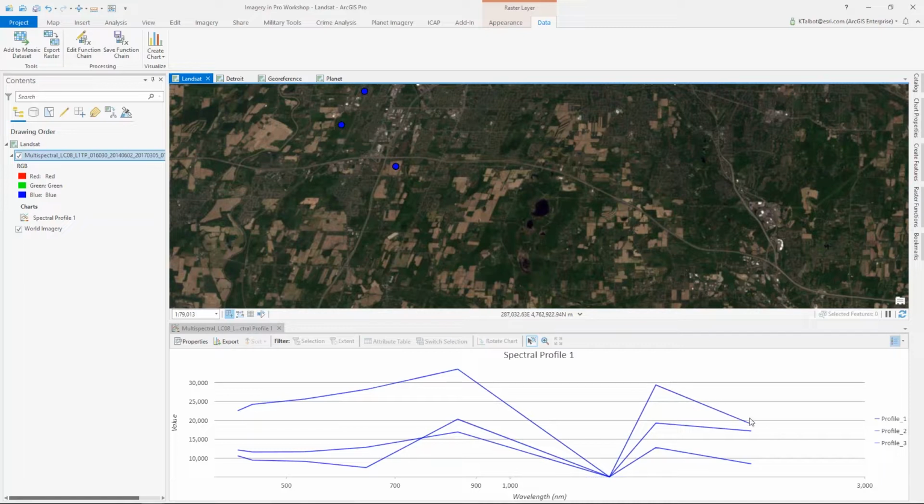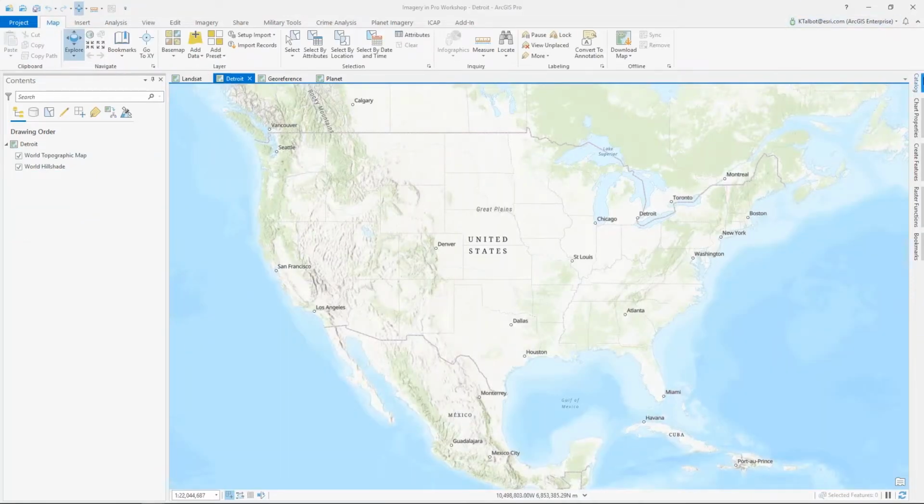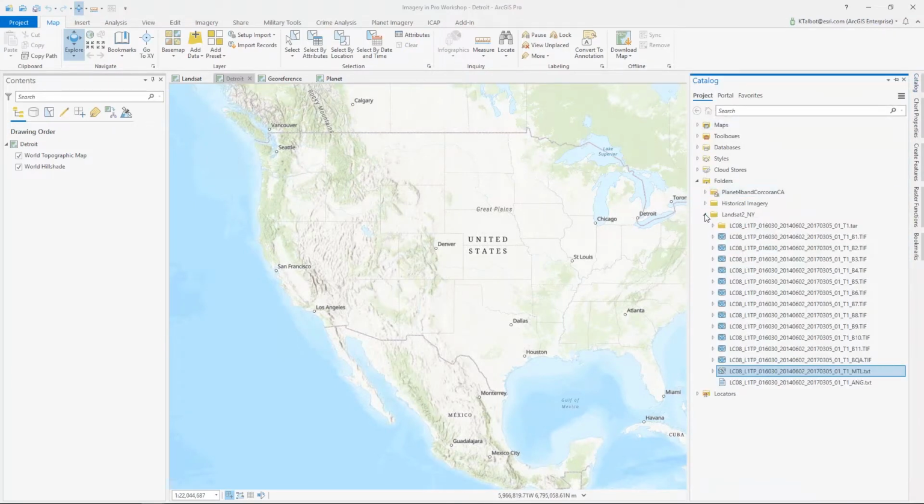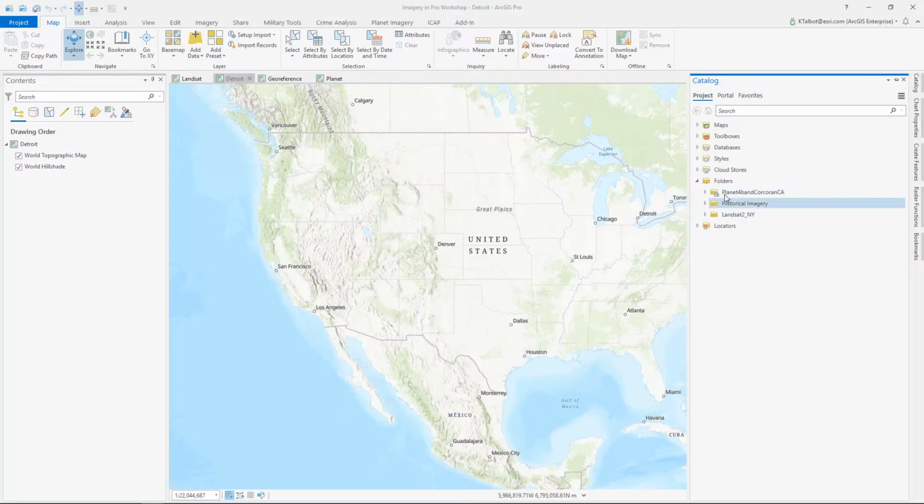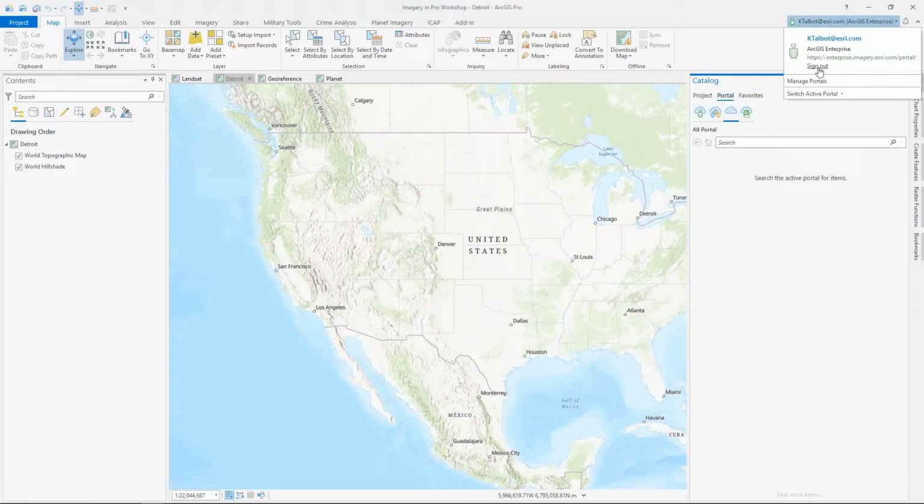But it works pretty well with Landsat as well, across its 8. So that's working with local imagery. I'm going to come really quickly and show you how you can work with image services as well. I was able to pull that Landsat image from a local folder, but I have access to my portal as well. You can see here I'm logged in with my user